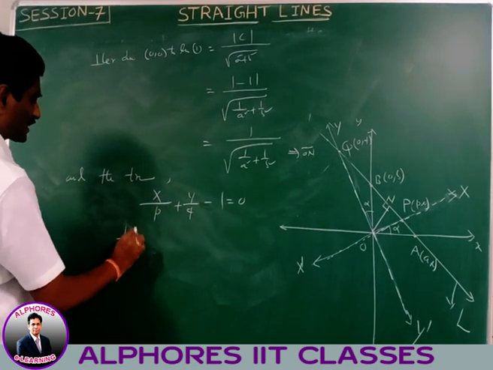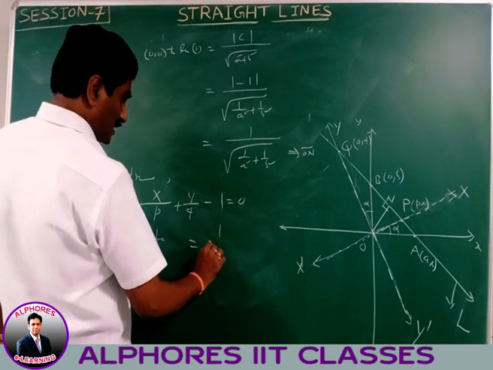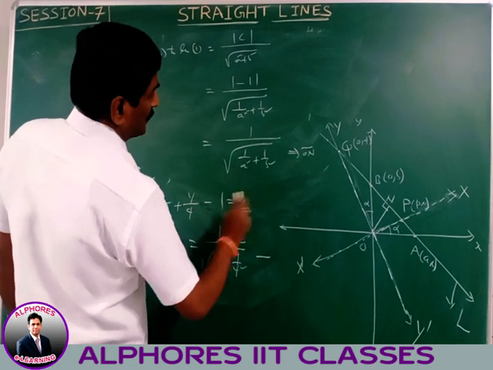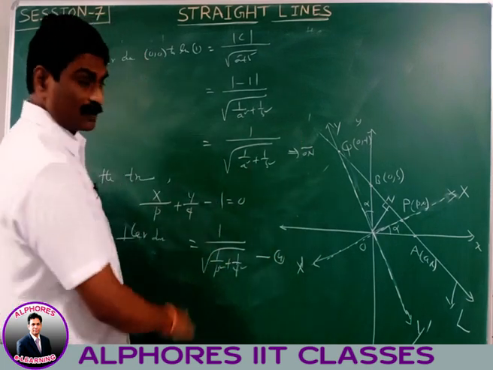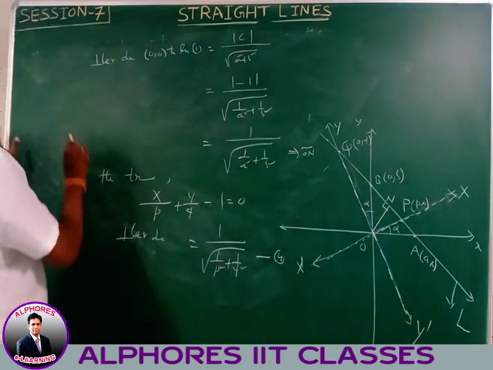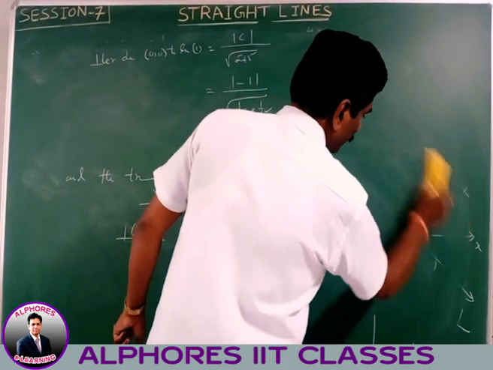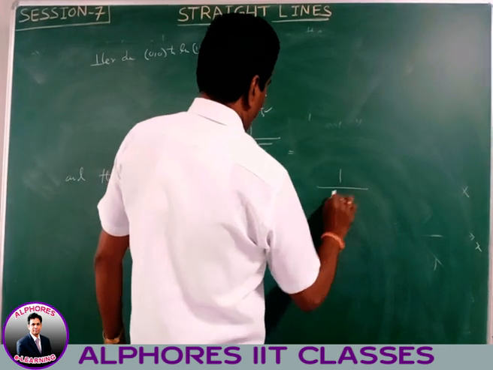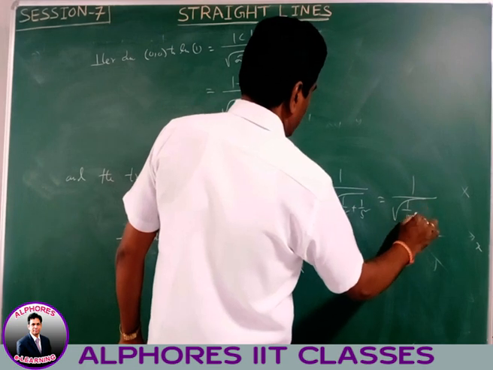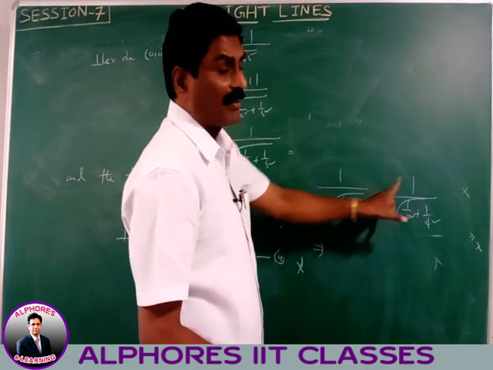So, the perpendicular distance from the origin to the line is nothing but mod c, that means mod 1, that means 1 by root over 1 by p square plus 1 by q square. Say this equation is 4, the earlier one is 3. It is the length of ON, it is also the length of ON. From 3 and 4, 1 by root over 1 by a square plus 1 by b square is equal to 1 by root over 1 by p square plus 1 by q square. After squaring and cross multiplication, 1 by p square plus 1 by q square is equal to 1 by a square plus 1 by b square.